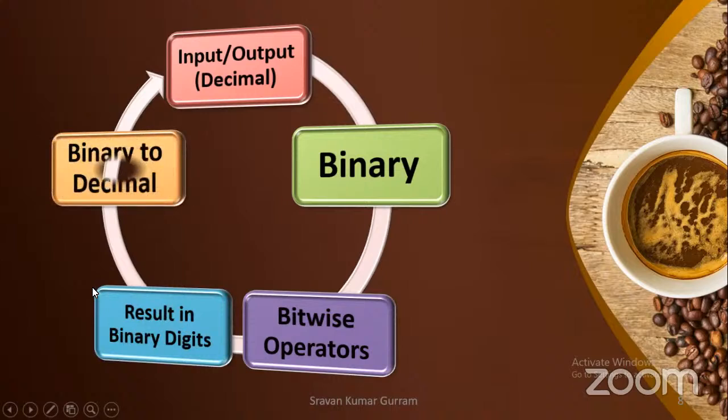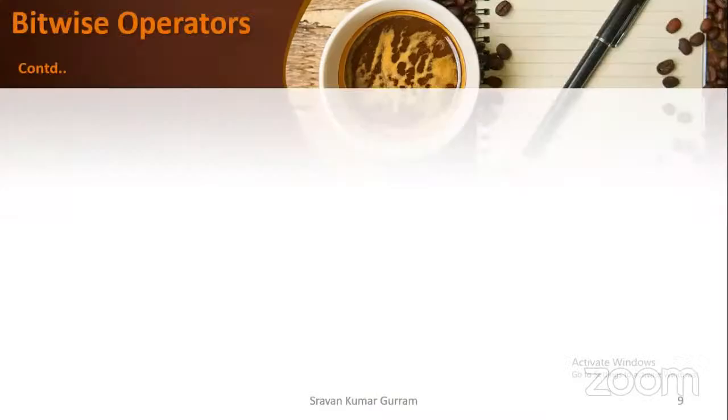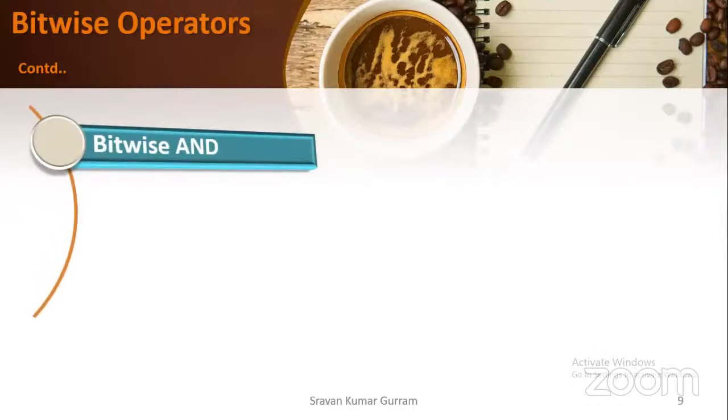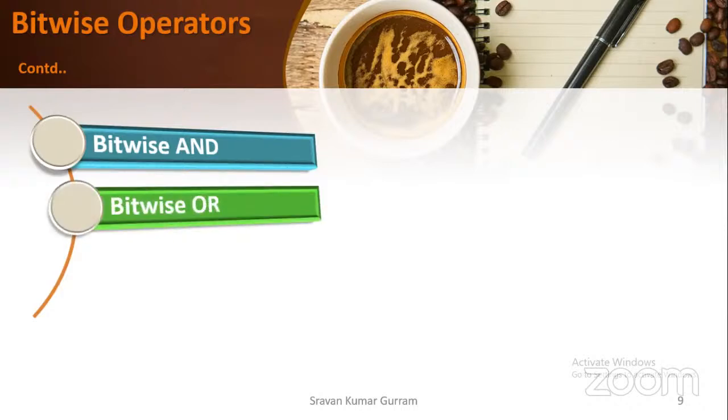value. And before displaying that value, it should be translated from binary to decimal, because humans can understand decimal numbers only, because it is very difficult for humans to understand binary values. So after converting into decimal, that result will be displayed on the screen. This is how to work with the bitwise operators. In case you enter integer values, decimal values, the categories of the bitwise operators are bitwise AND, bitwise